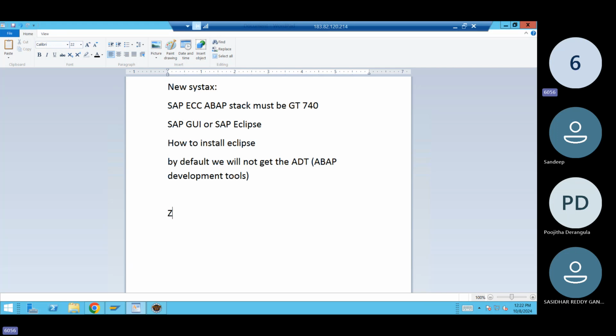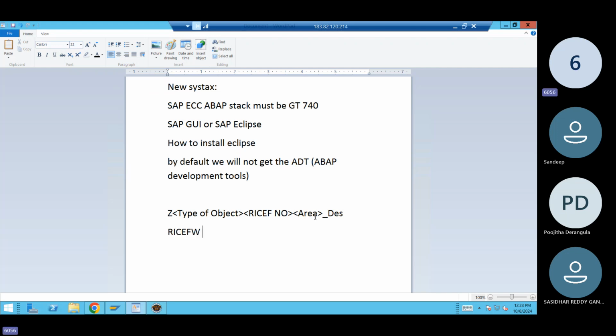Z and then the type of object, followed by your RISEF number. So for everything you will have your RISEF number, followed by your area. In which area you're going to work, followed by your description. This is what we used to follow. Type of objects are nothing but your